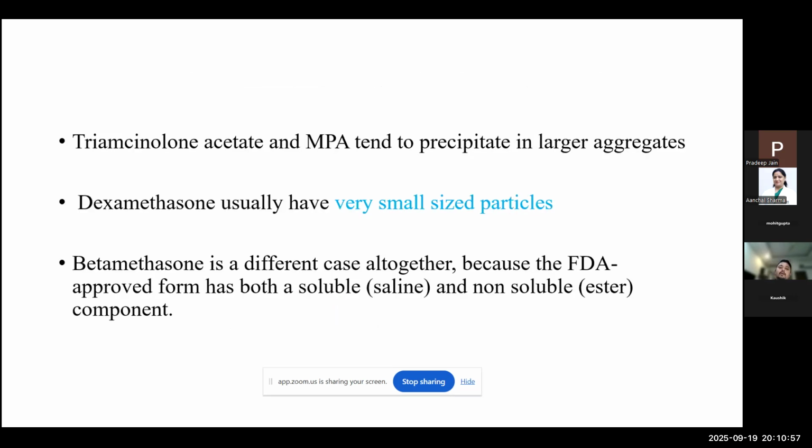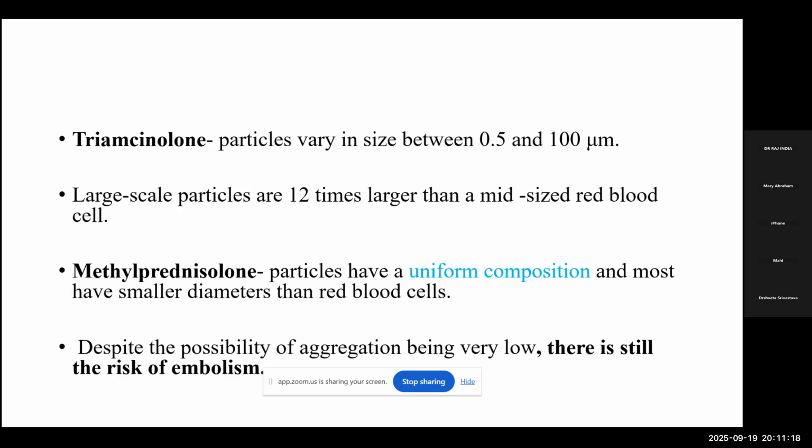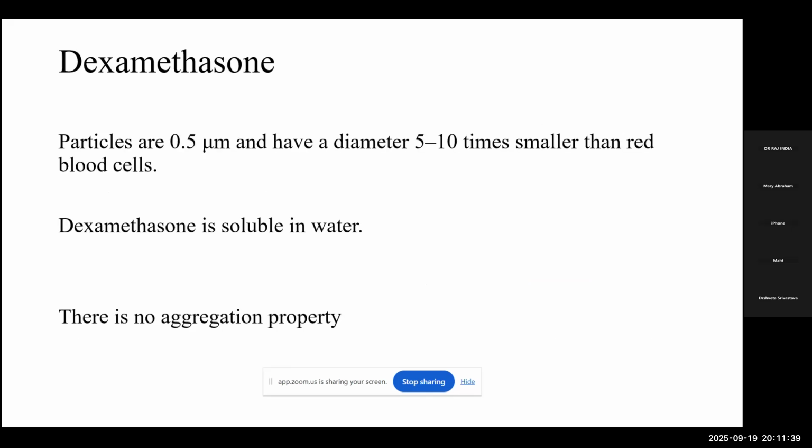Triamcinolone and methylprednisolone acetate tend to precipitate in larger aggregates, and dexamethasone has very small size particles. Betamethasone, as we'll see in a subsequent slide, has two forms in the same formulation, comprising a soluble and a non-soluble component. In triamcinolone, the particles vary in size between 0.5 and 100 microns. Methylprednisolone has uniform composition, but despite the probability of aggregation being low in these two, there still is a risk of embolism. So coming to dexamethasone,